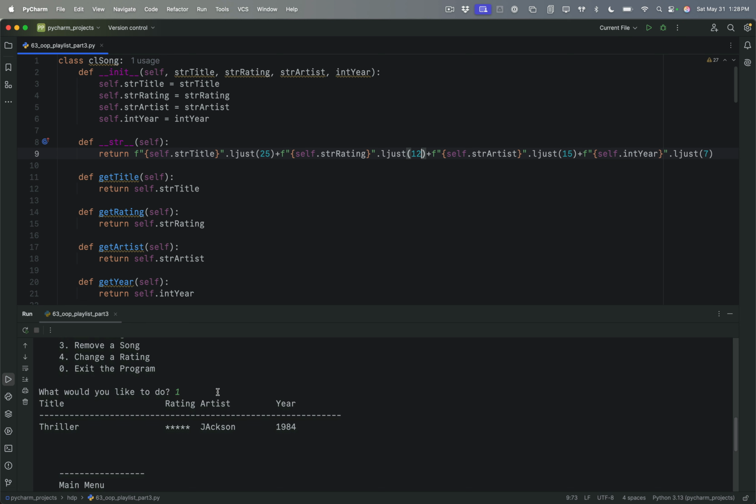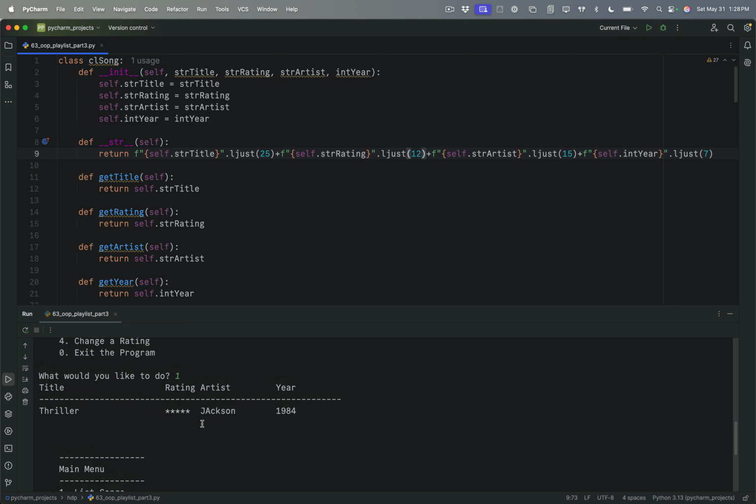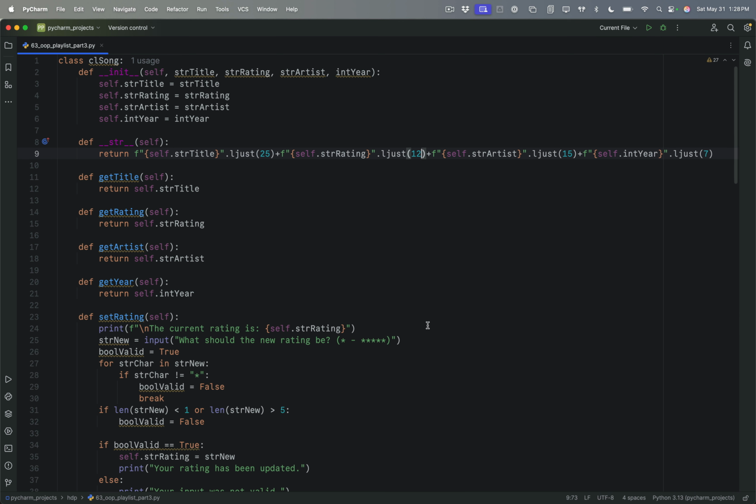so I'm going to get tired of typing in a new song every time I rerun this program. So I think it's time for us to implement a save function and a load function. So that would be nice, right? So